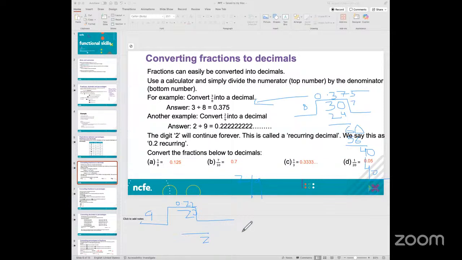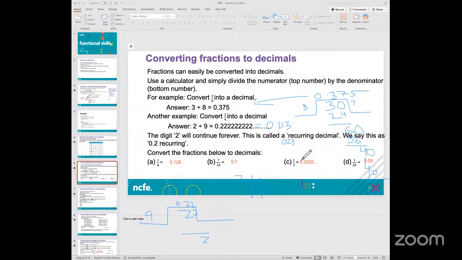So this is not divisible, but the answer is going to be 0.222 unless somebody has asked you to represent it to 2 decimal places or 3 decimal places. This will go on infinitely because when you divide and you take away 18 from 20, it'll always come as 2 and it'll never be fully divisible. So in such cases, what you do is you sometimes round this off. You would say 0.22, and if they say round it off to 3 decimal places, you'd say 0.223. If they say round it off to 2 places, it will become 0.23 because you have to round it off.